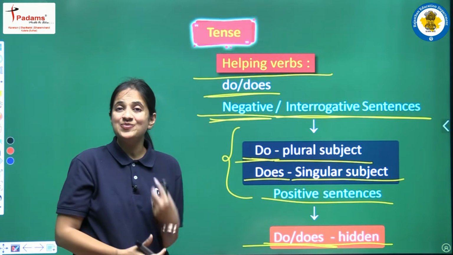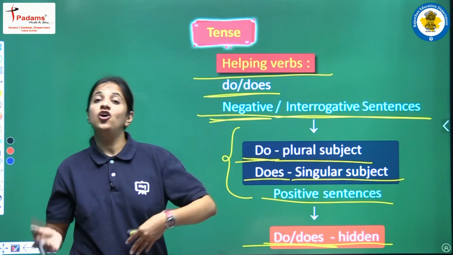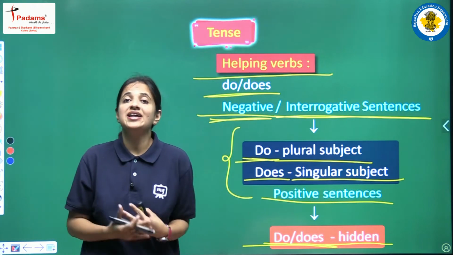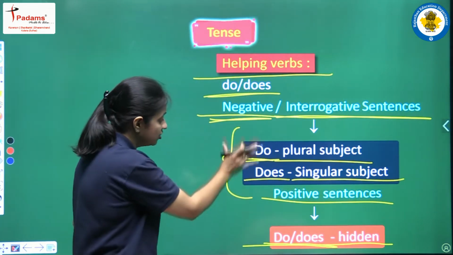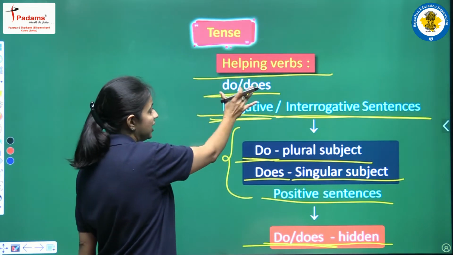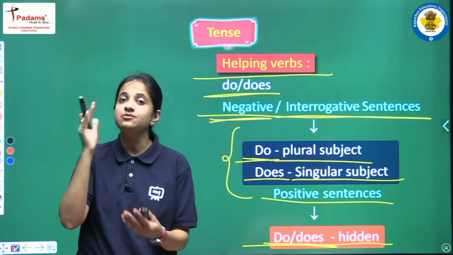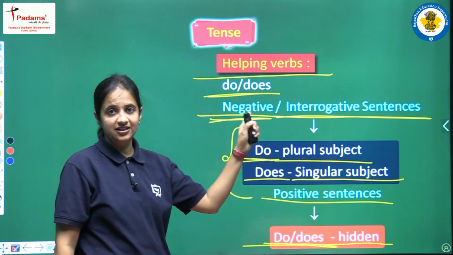So what it means, students, please don't get confused. We will discuss all the things and we will see so many examples to clear everything. Okay, so just look at these things one more time. We have two helping verbs of our tense, that is present simple tense. In this tense we have do and does, right?